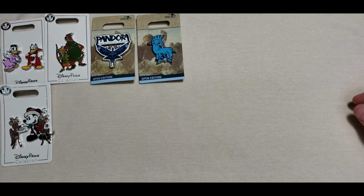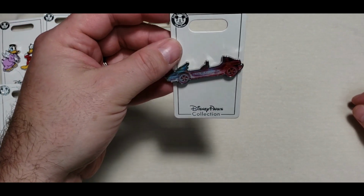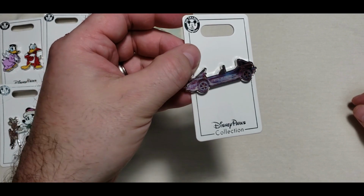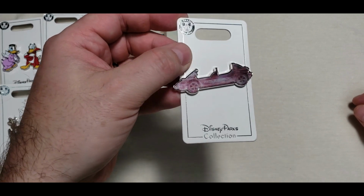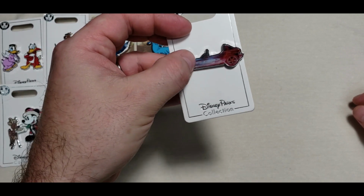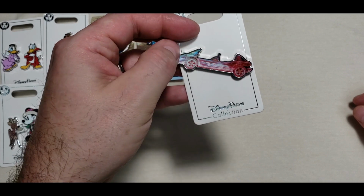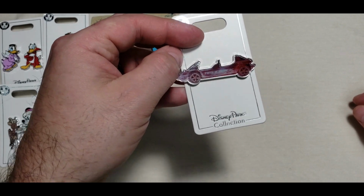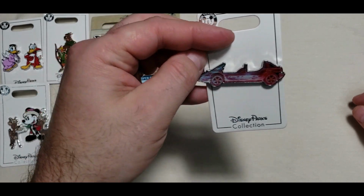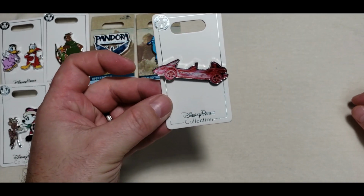Next is, this is the Test Track pin. It is kind of lenticular. I always butcher that word. Has like the hologram thing here. I don't know if you can tell, it changes colors and stuff. But the reason I wanted to get this was,